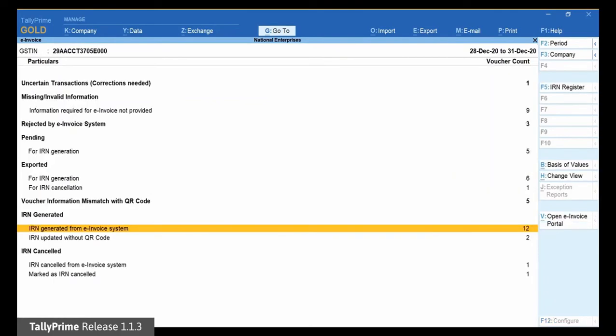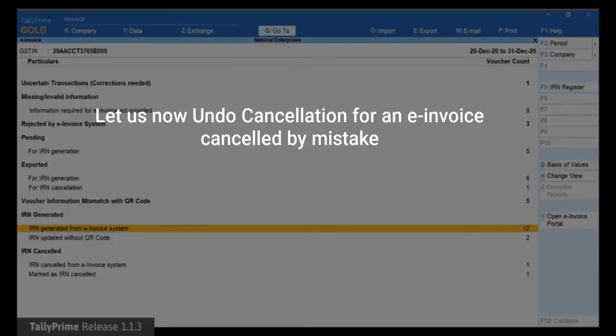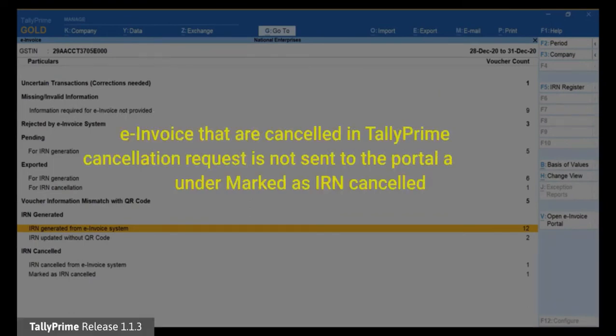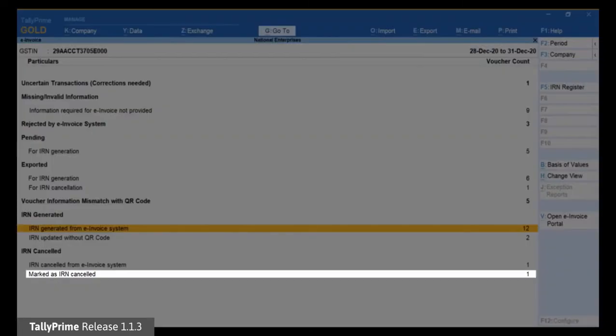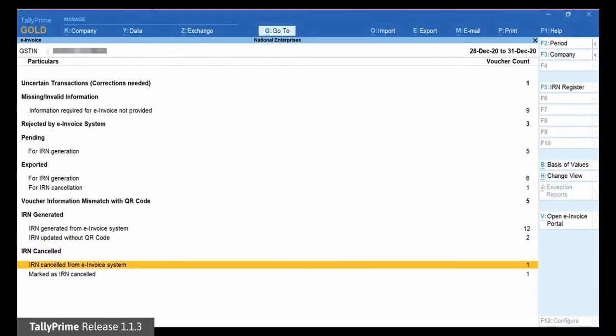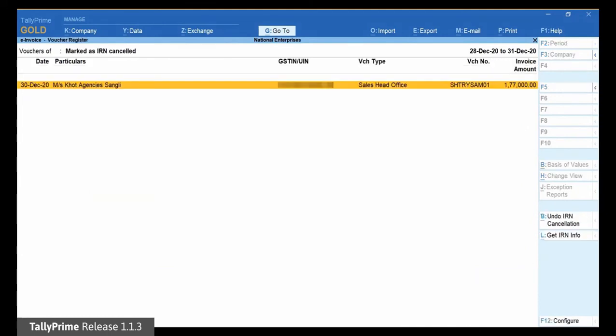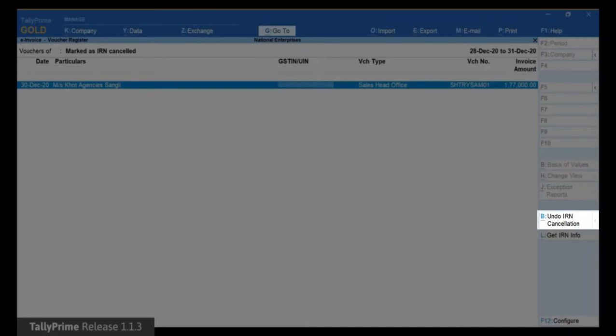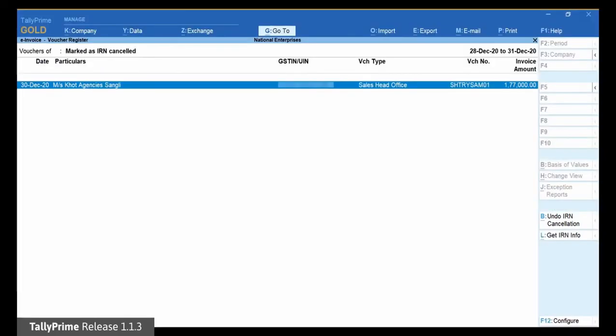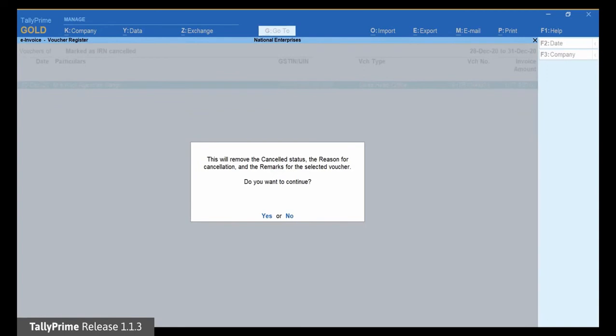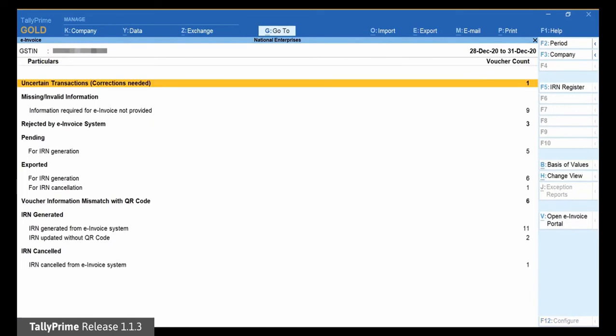Now, let us see how it works for the vouchers that are mistakenly marked as cancelled, but their status in the e-invoice system is not cancelled. So, you want to update their status in TallyPrime. Open the Marked as IRN Cancelled section under IRN Cancelled. Now, select the voucher which was mistakenly marked as cancelled and click Undo IRN Cancellation. The information screen will appear. Press Enter to accept. The voucher will move to the respective section based on its status before it was marked